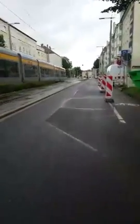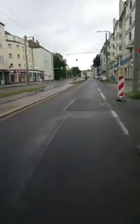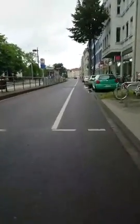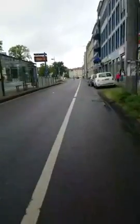It's about 2.5 kilometers north of the city center, and I'm going my way towards the trade fair, the new trade fair here in Leipzig, to the Neues Messegelände